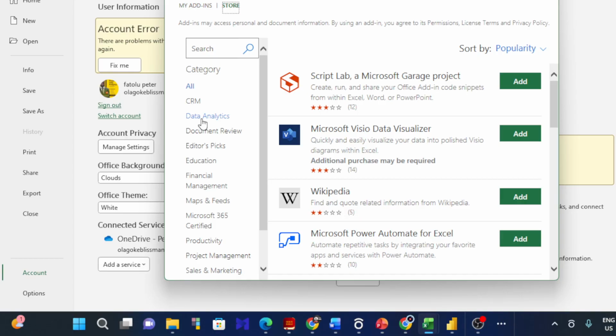Based on that analysis, you can perform anything you want, anything you want at all. But the only problem that Excel has is that it cannot contain a large data set. That's why most people used to explore Power BI, because when you have billions of rows of data and you load it into Excel, it may crash because it doesn't have that energy